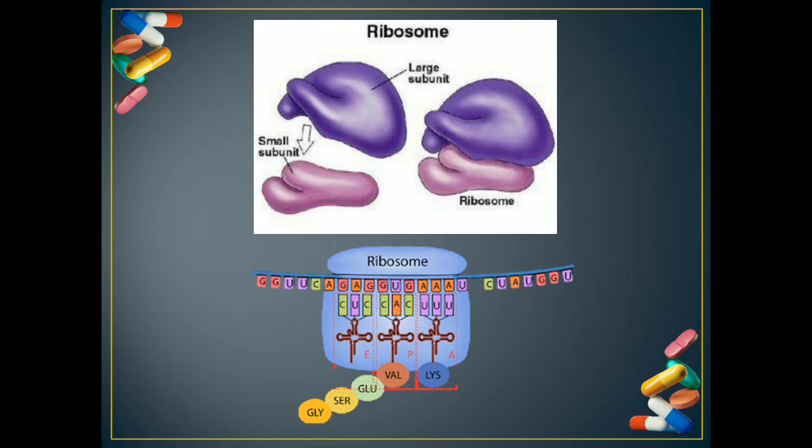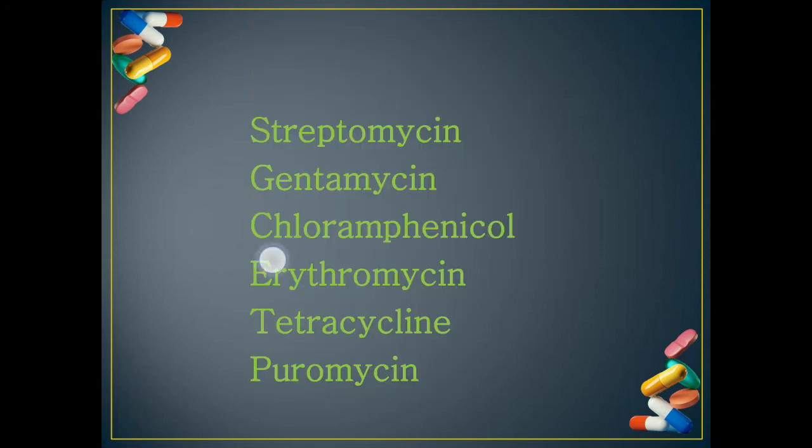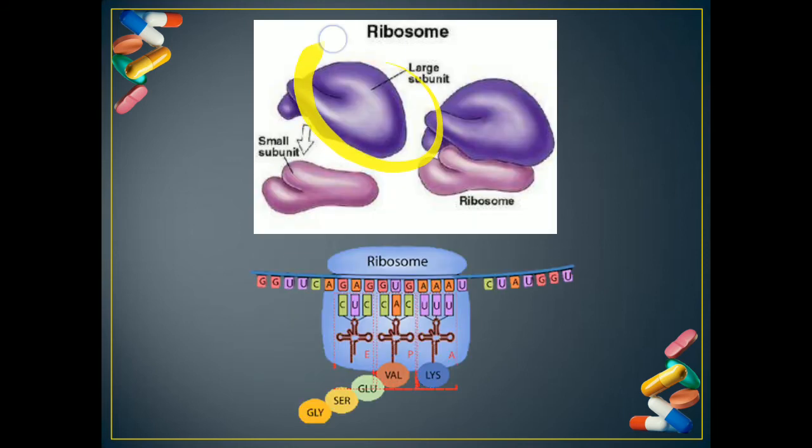The chloramphenicol is another example. Chloramphenicol will bind to the larger subunit, that is the 50S subunit. So one method by which they can block protein synthesis is by physically going and binding to the ribosome and blocking the ribosome from functioning. Another method that they can block protein synthesis is, for example, tetracycline, which inhibits the tRNA from coming and binding. So tetracycline will inhibit the tRNA from binding to the ribosome because it will go and block the 30S in such a way that tRNA cannot come and bind over there. So tRNA binding is being inhibited by tetracycline.